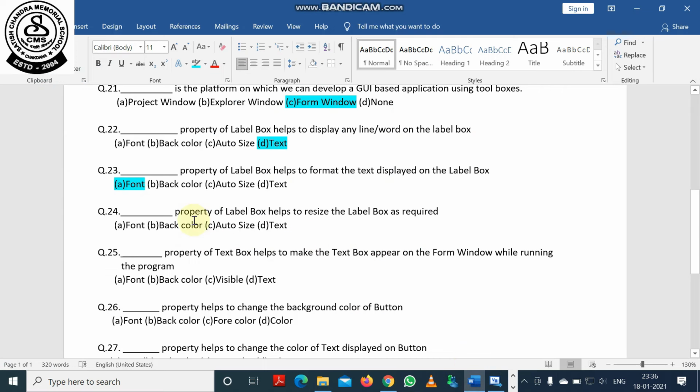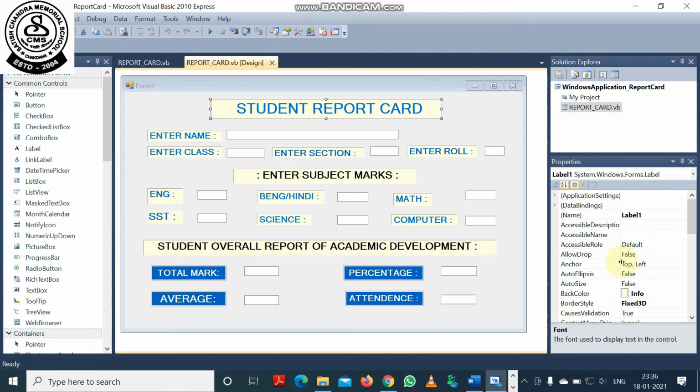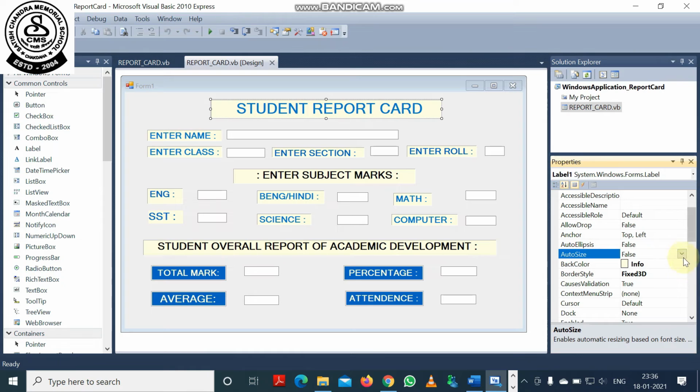So next question, question number 24. Dash property of label box helps to resize the label box as required. The answer will be auto size. You remember, the answer will be auto size. Why am I telling this? When I select this label box, you can see the auto size property here. When you bring a fresh label box onto the form, the auto size becomes true.